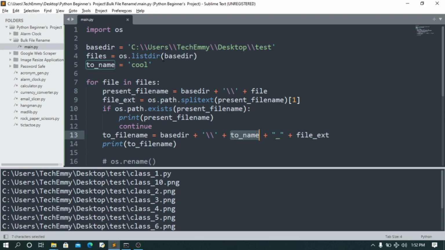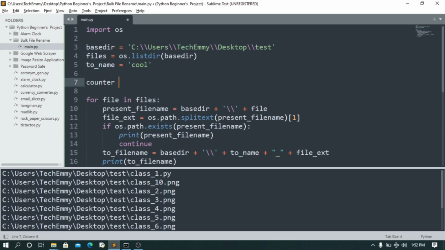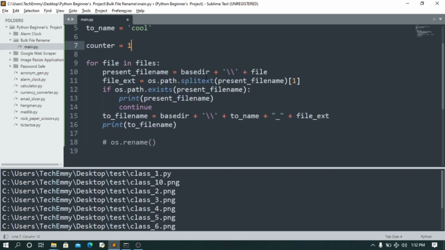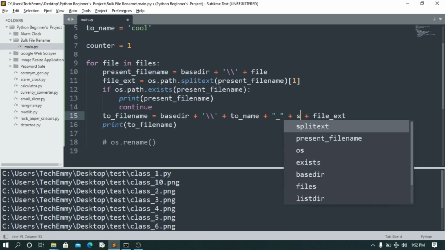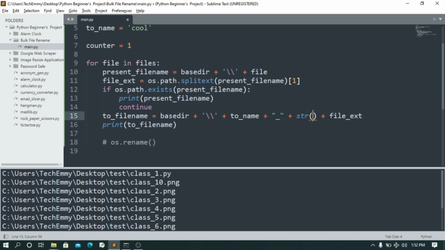So what we're going to do is create a counter variable. We're going to call it counter. You're going to set that to 1 or whatever you want to put it as. But if you're going to be using 1, then you're going to be adding to it at the end of the file after you rename. You're going to see what I mean in a second. So we're going to do os.path.join, to name plus underscore and then plus. Since we're using plus here, we have to convert the integer to a string. Okay, this is 75. So now let's print. We're going to save that, and then we're going to do to find name plus this underscore the name, then plus extension. So if you run this now,